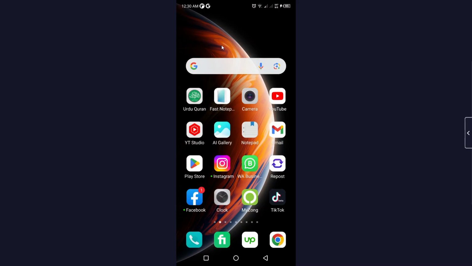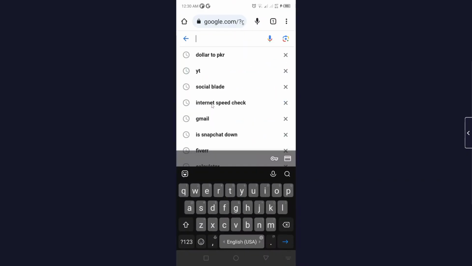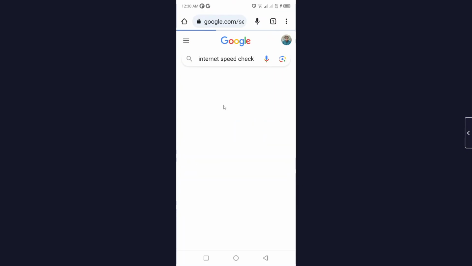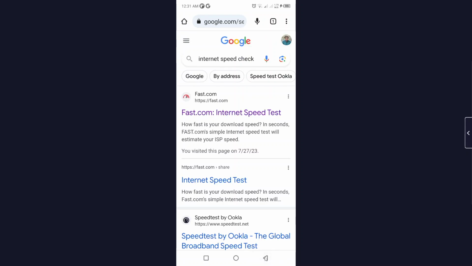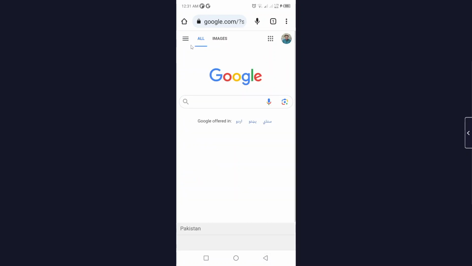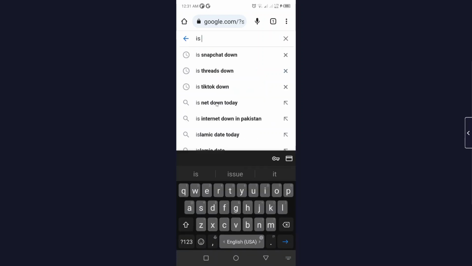So the first step you simply need to do is to open any browser and check your internet speed first. Sometimes you can face an issue due to low internet speed, so make sure you have a good internet connection. You can use this website to check, and after that you need to search on Google, is Messenger down,